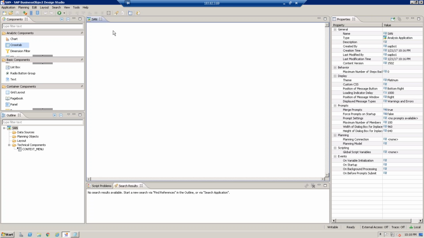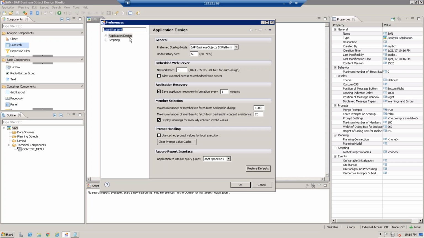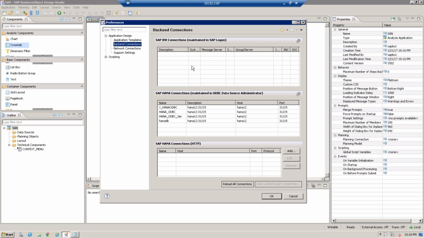So if we take up the question, what are the systems to which it can connect, so that I can see whether it is useful for me or not? In that case, I will say there is no limitation to the backend system. Basically they have divided your application into 3 parts, or you can say mostly 2 parts, SAP and non-SAP. When you go to this tool's preferences and look at the backend connections, they generally divide it into these parts: SAP BW connection, HANA connection,